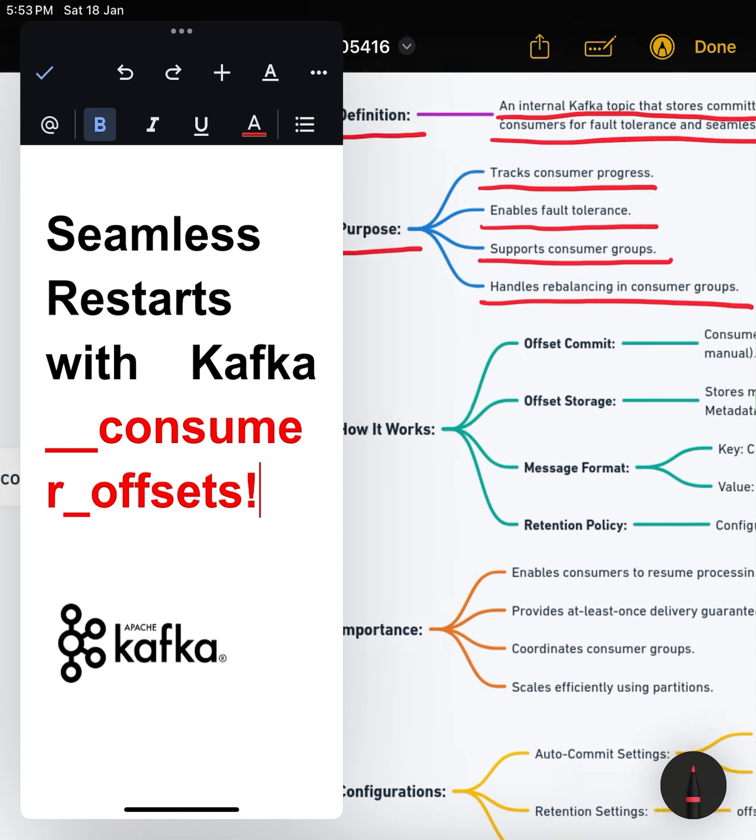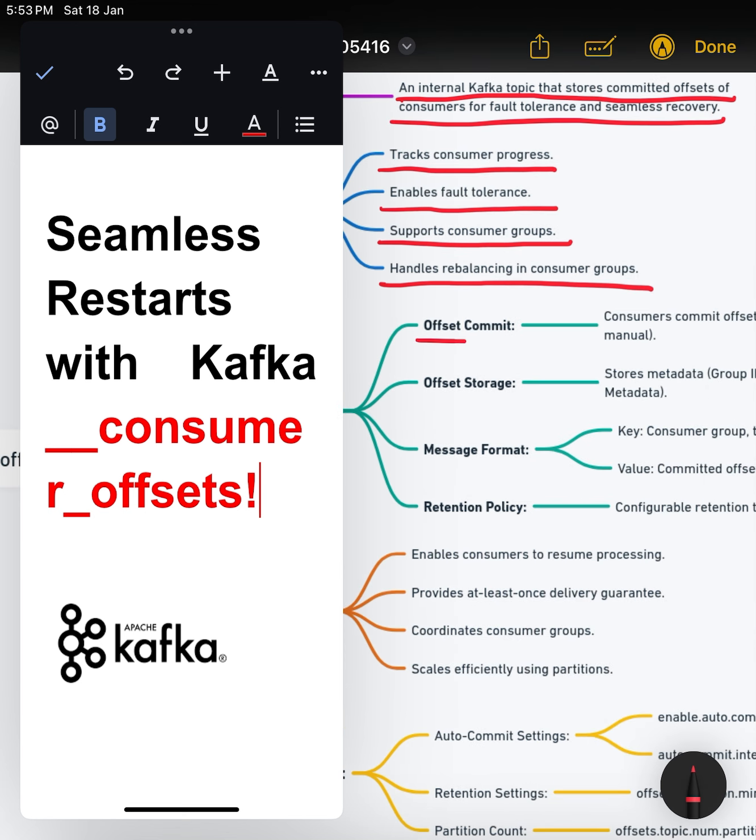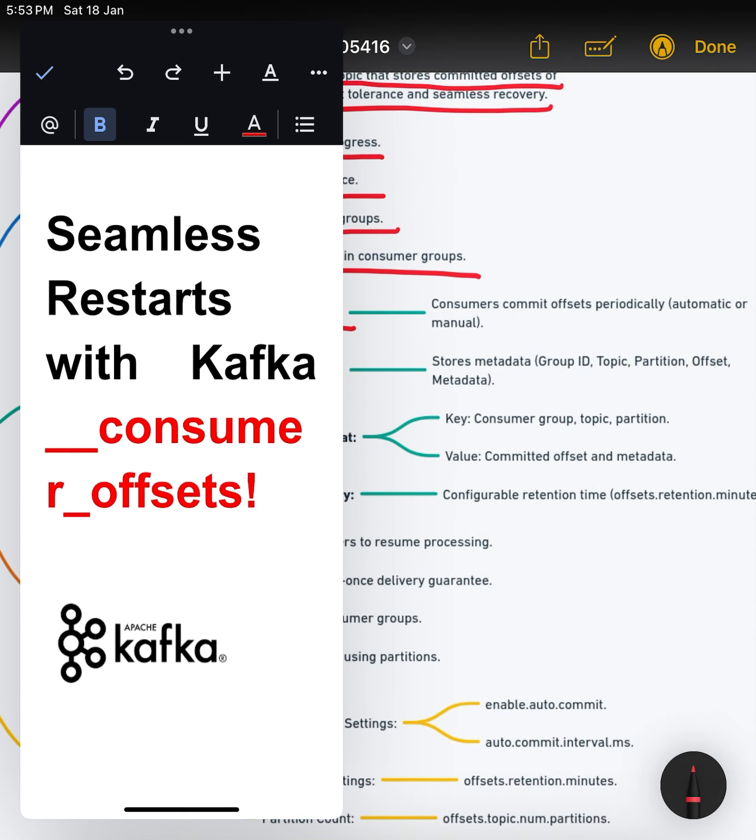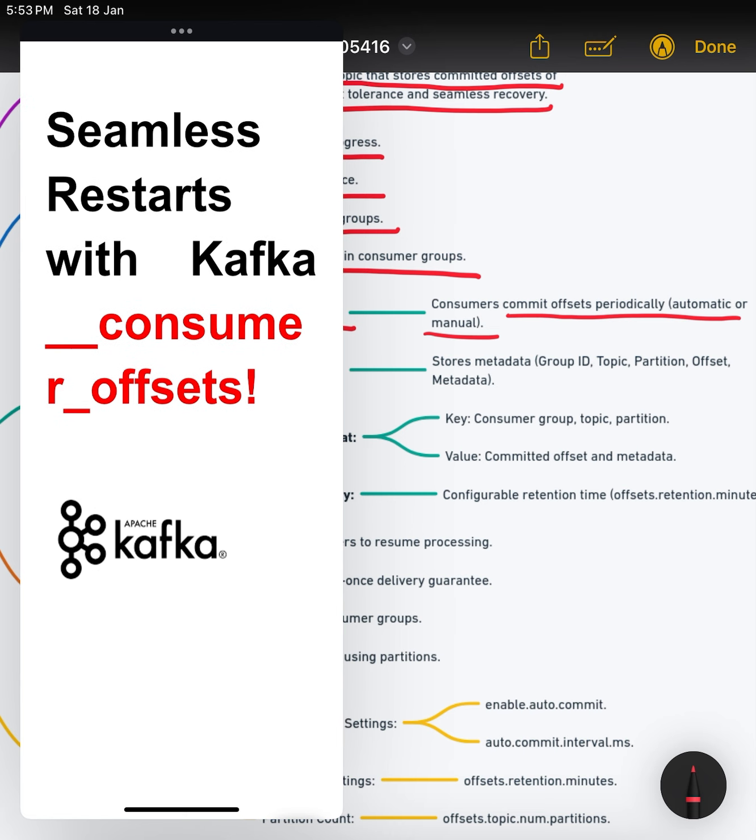How consumer offsets works. 1. Offset commit. Consumers commit offsets periodically using the Kafka protocol. This can be done automatically, based on time intervals configured with enable.auto.commit, or manually, application controlled using commitSync or commitAsync. 2. Offset storage. The consumer offsets topic stores the following metadata for each partition: group ID, identifier for the